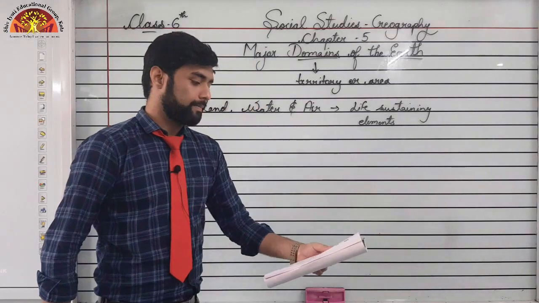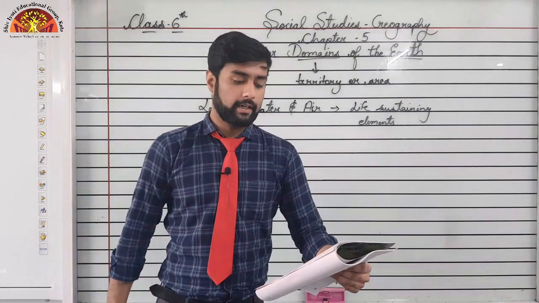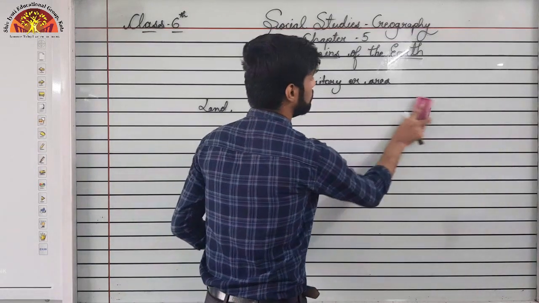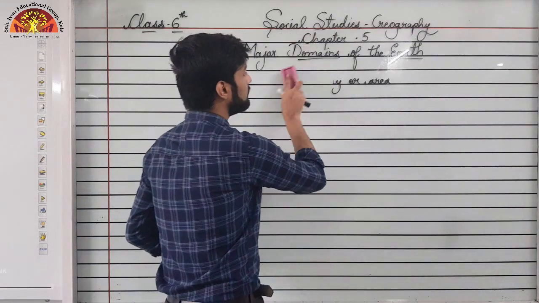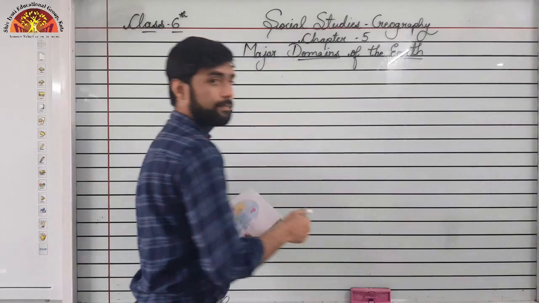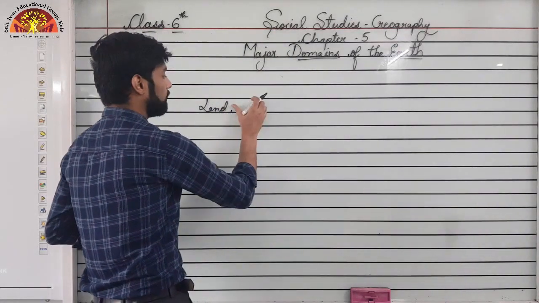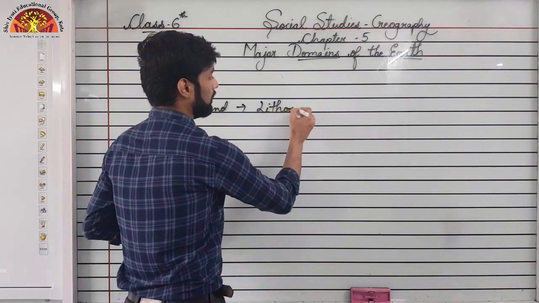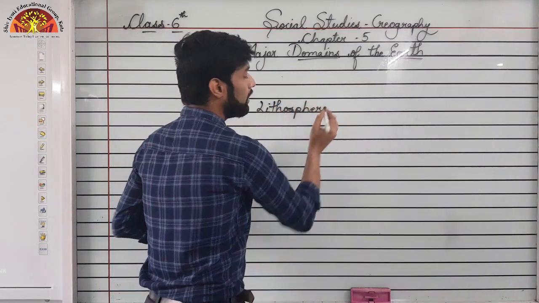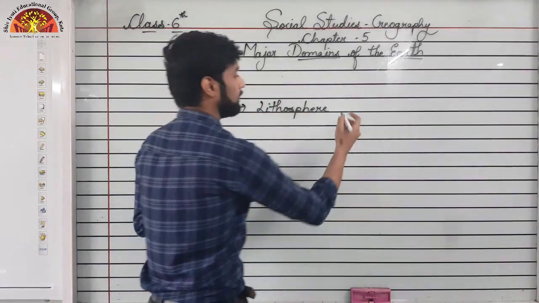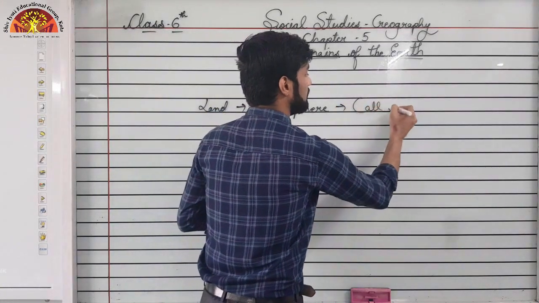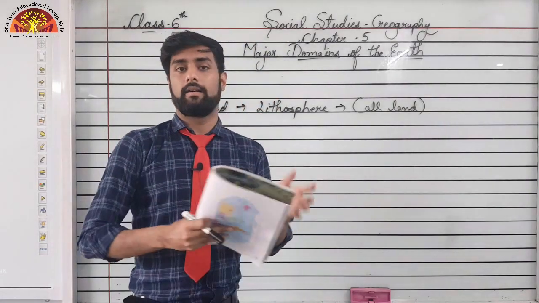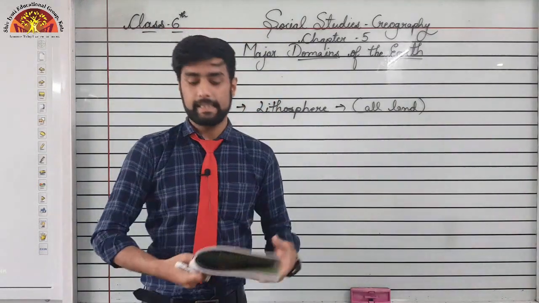Okay, moving on. The solid portion of the earth on which we live is called the lithosphere. So what do we call the solid portion on which we live, जिस पे हम रहते हैं? That solid portion, the earth, there is a term for it that you are learning now, that is lithosphere. In lithosphere, lithosphere is basically all of land. इसमें क्या आ गई? सारी ज़मीन. Okay, whatever is on the surface of the earth and the inside.